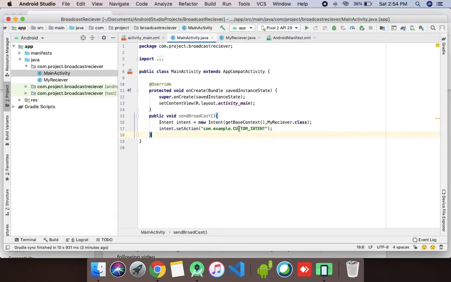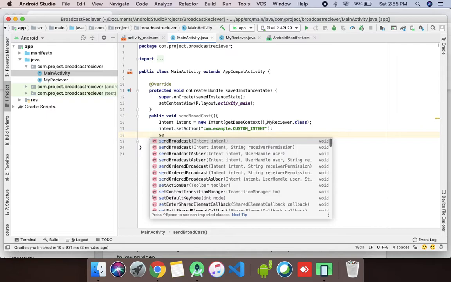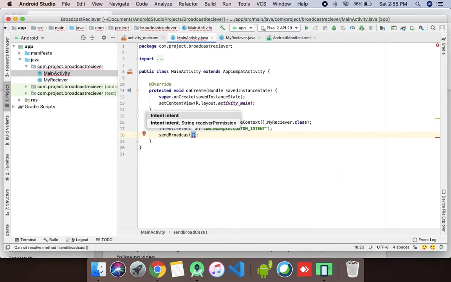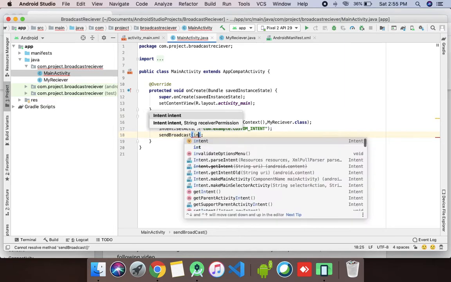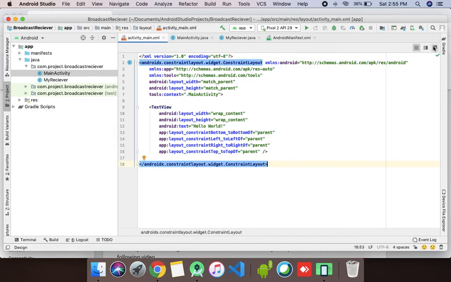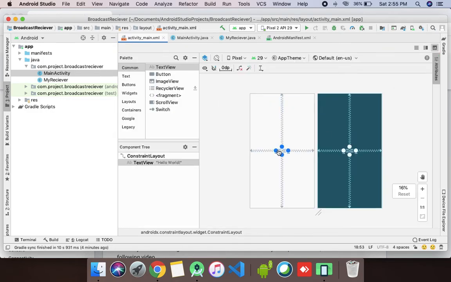So this is our custom broadcast, and to send it to our receiver we need to call a method called sendBroadcast, and in this method we need to pass the intent. This function will be invoked when we click on the button we are going to create.